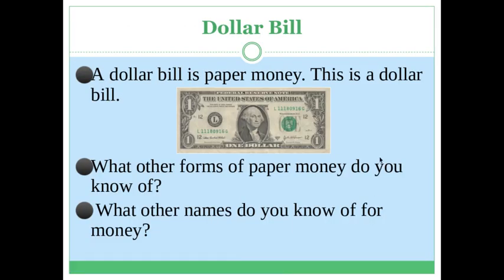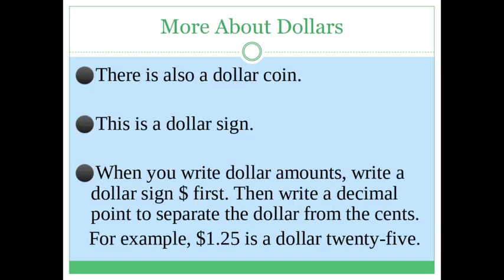We're also looking at dollar bills today. A dollar bill is paper money, and you all saw in the vocabulary that you just watched several different types of bills. We've got a $1 bill, a $5 bill, $10 bills, $20 bills, $100 bills. There's even a $2 bill. There's also a dollar coin,